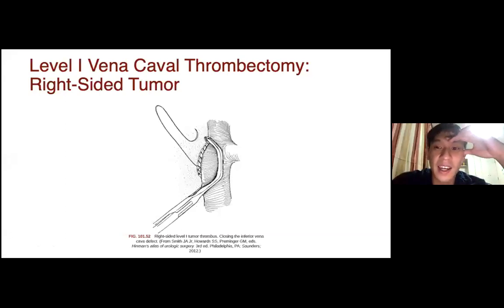So again, the IVC should be clamped, and then the IVC infrarenally should be clamped, and